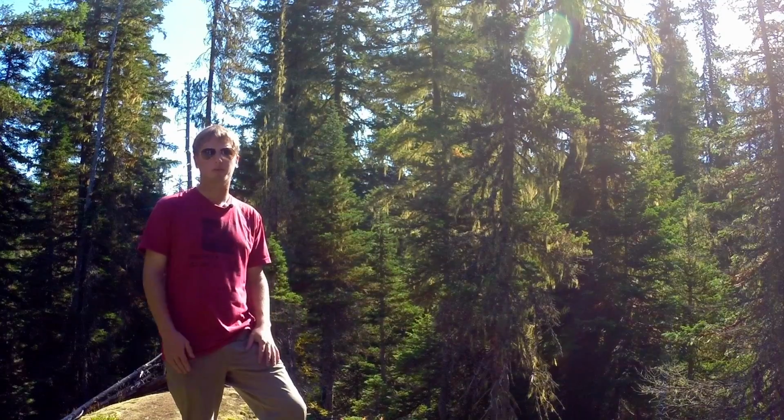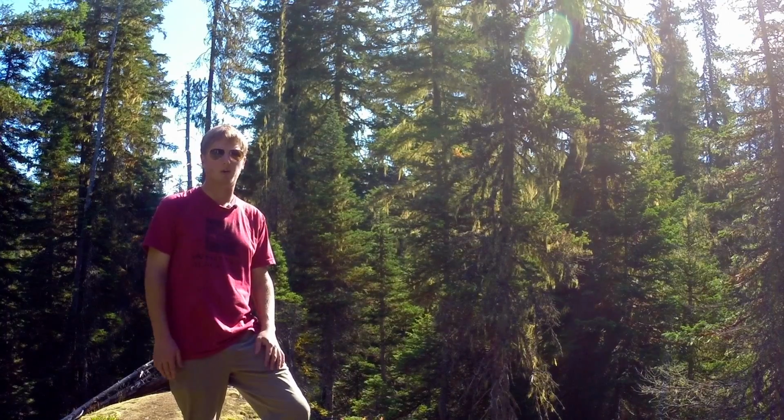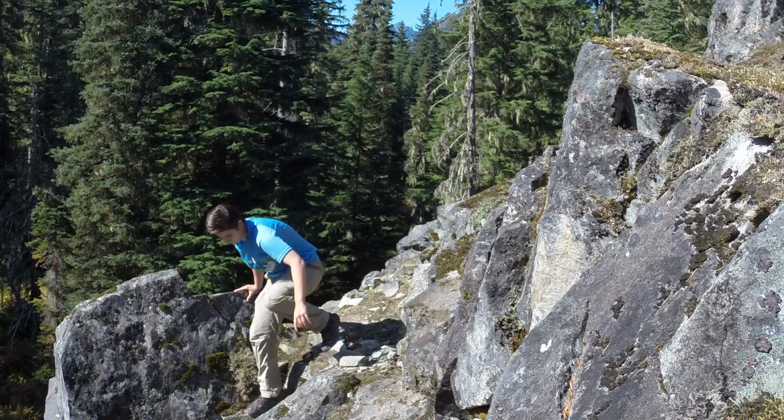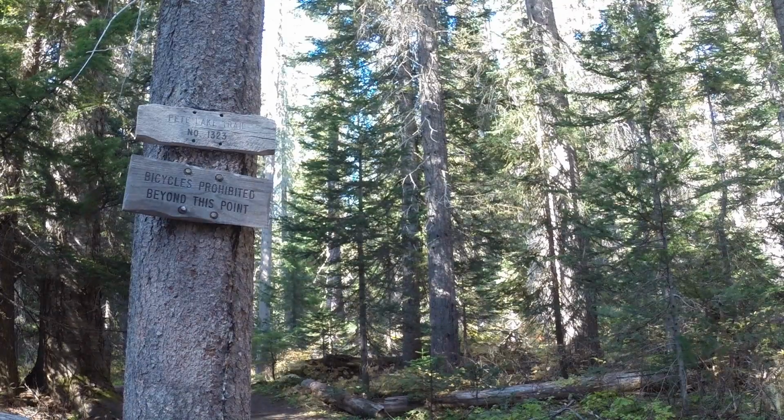Also, there's lots of great spots to stop and eat lunch on the side of the trail. There's some cool rock formations that are really smooth. You can just go sit on the rocks and have lunch. If you're into off-trail exploration, there's some awesome rocks to climb just right on the side of the trail. Unfortunately, if you bring a bicycle, you will have to leave it at the halfway point because bikes aren't allowed